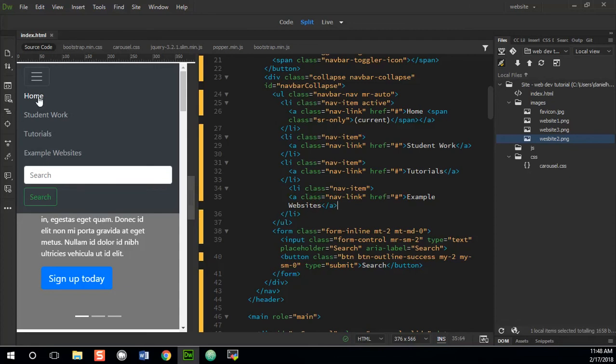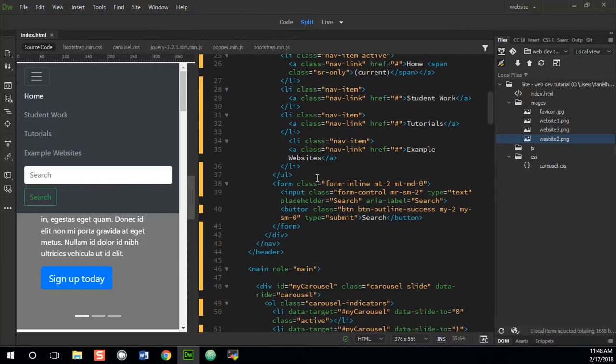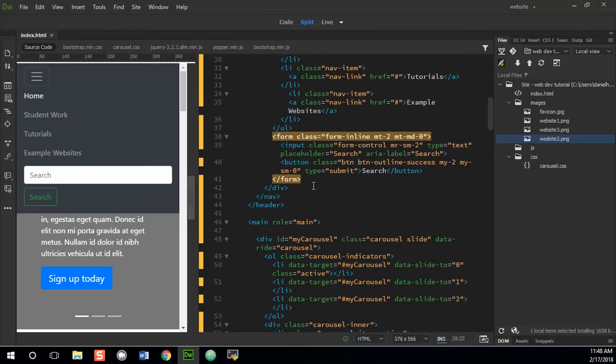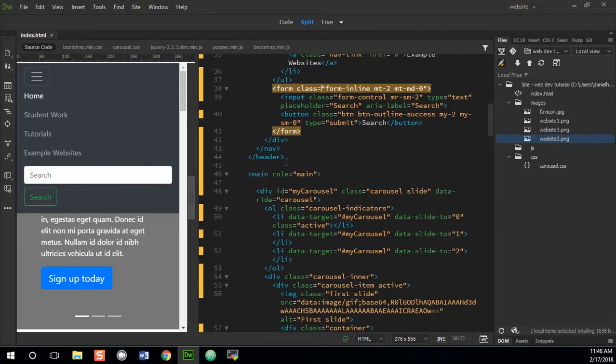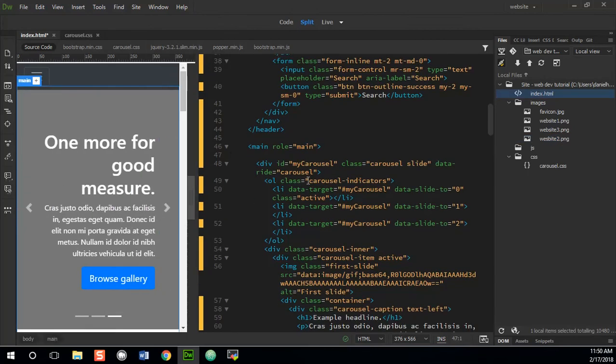Yep, looks good. Okay, so that's all fine. The active one is home. So then we have this, our search bar. I'm going to leave that alone. And then that's the end of our header. Back to index. Alright, so inside of main,